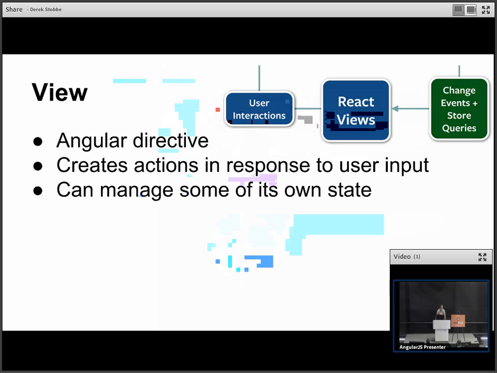So it starts out with the view, right? And with the view, Facebook is using React. Lots of people are using React. That's kind of a big deal. But we have Angular directives. And it's a little bit of a change